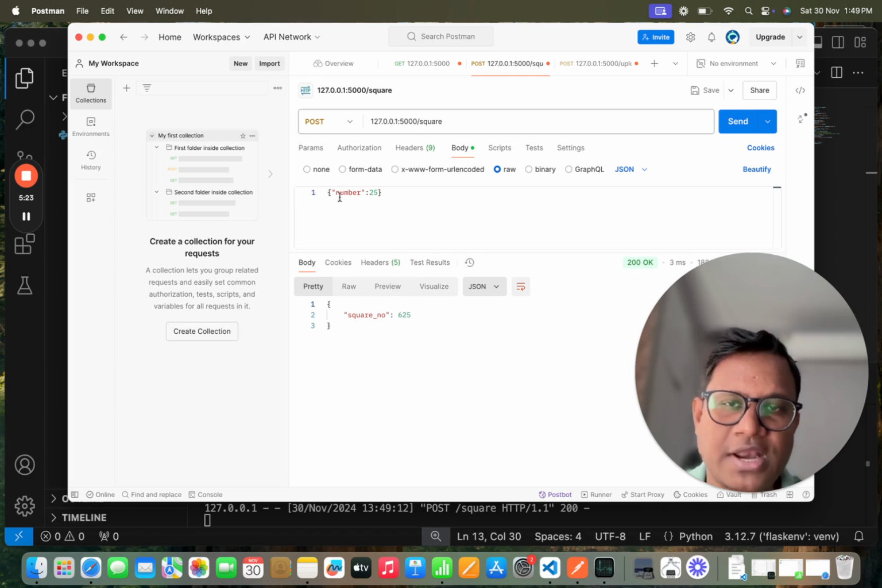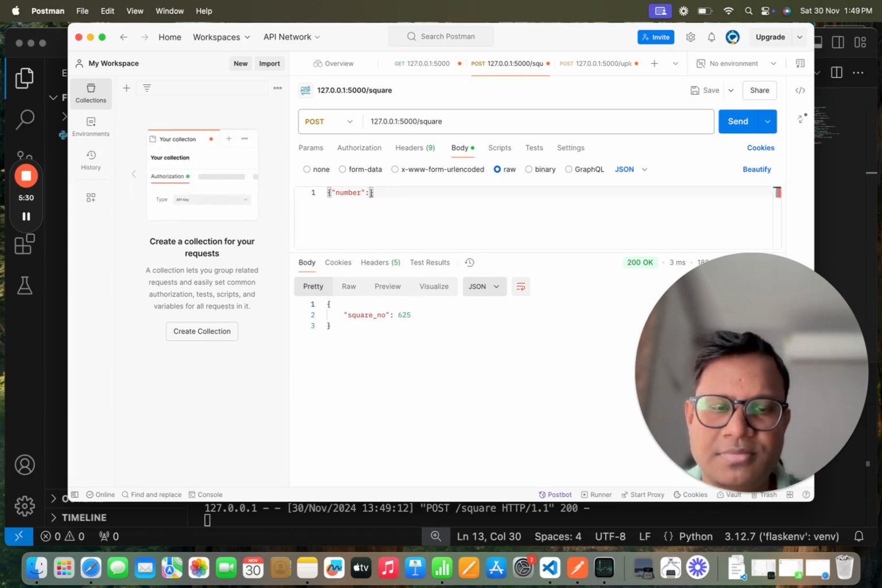So see, the square of 25 is 625. So basically you can just test it out anything. You can maybe have -9. So that is 81, right? So this is working now. So the post API is